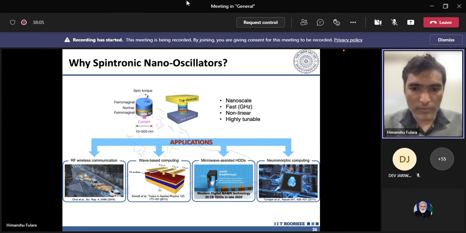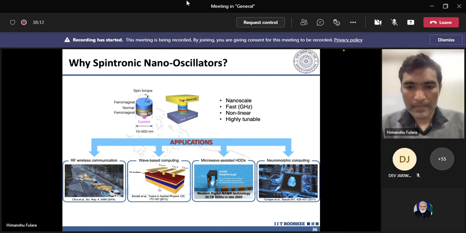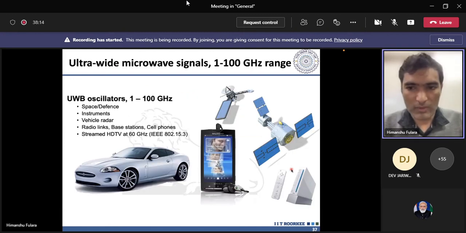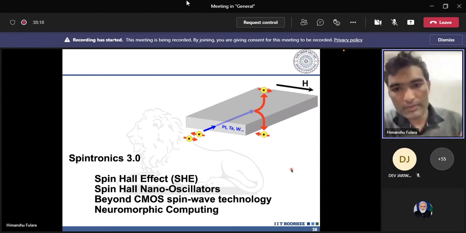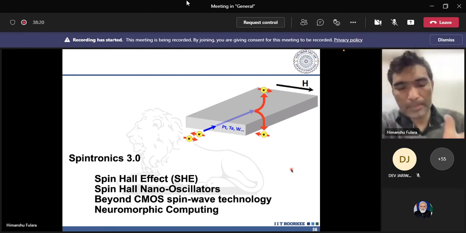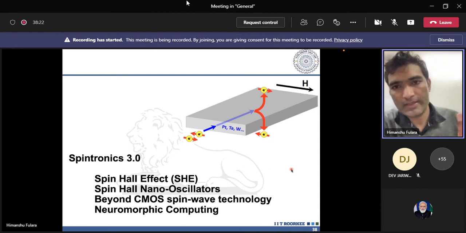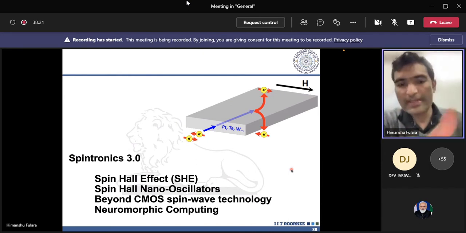So these are the 4 different areas where these oscillators have very promising applications. So this I have already explained to you. So far I have explained to you the concept of spin polarized current. But remember, spin polarized current is not the 100% polarized spin current. So this basically leads